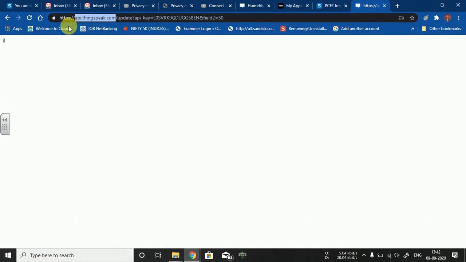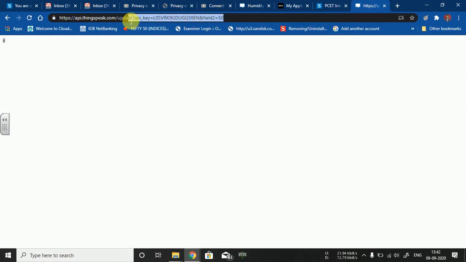Also we can say this is a kind of server, the ThingSpeak server, and we are going to update the data using a specific key. That key is the API write key, which is unique in nature, and we are interested in which field, whether it's field 1 or field 2. With respect to that, the data will be uploaded.